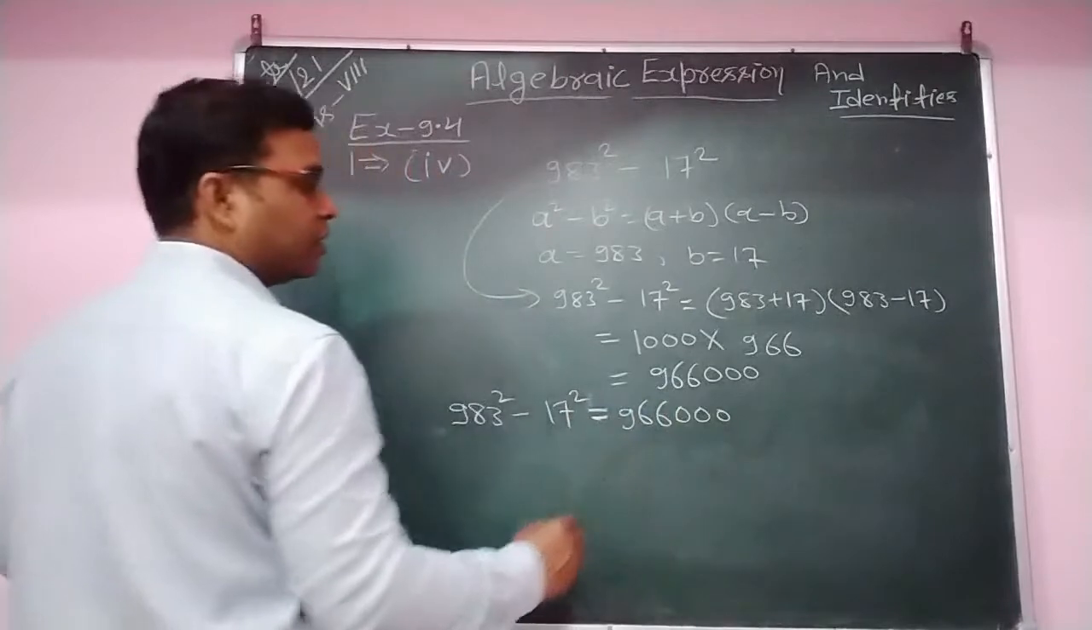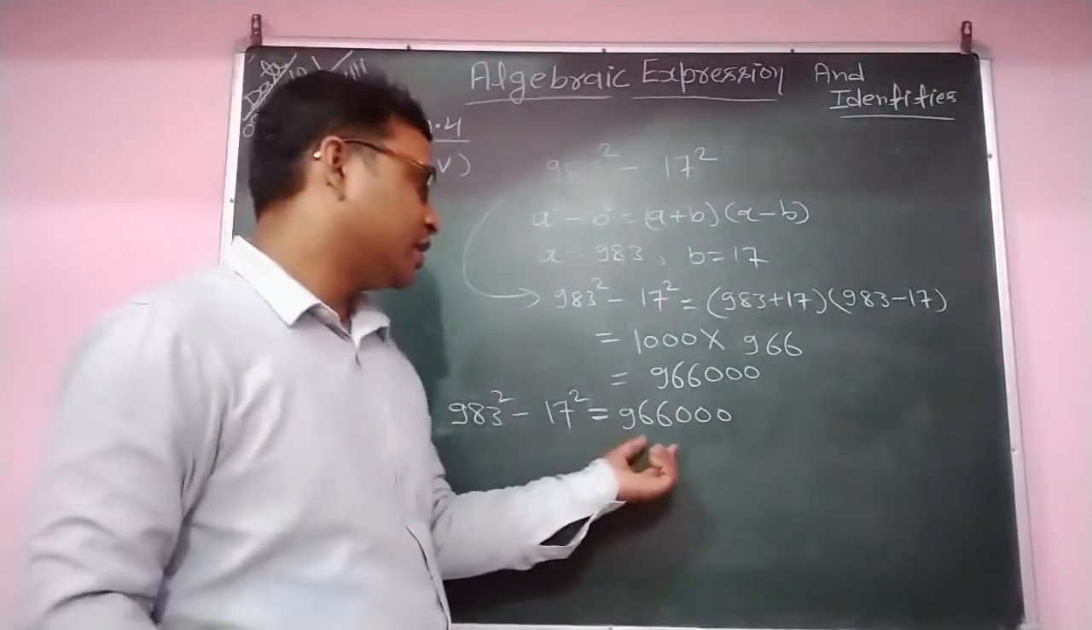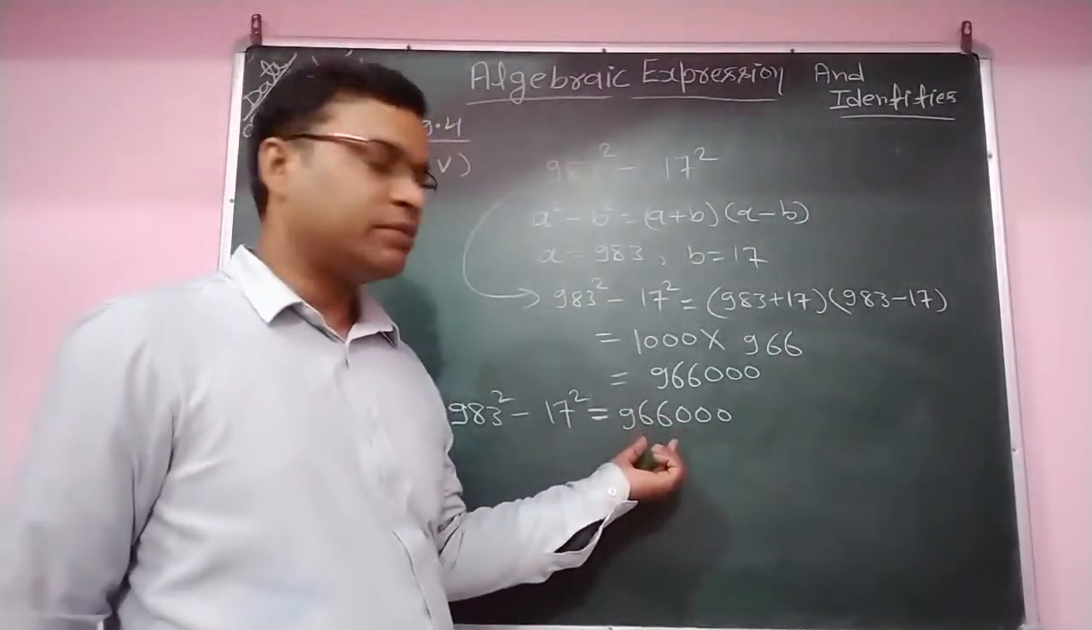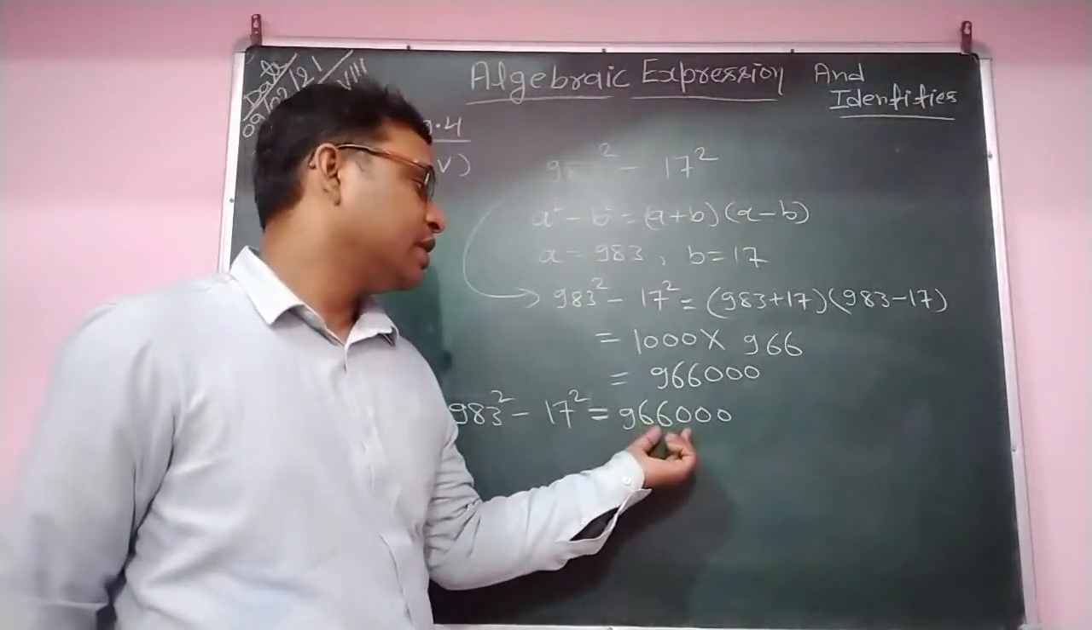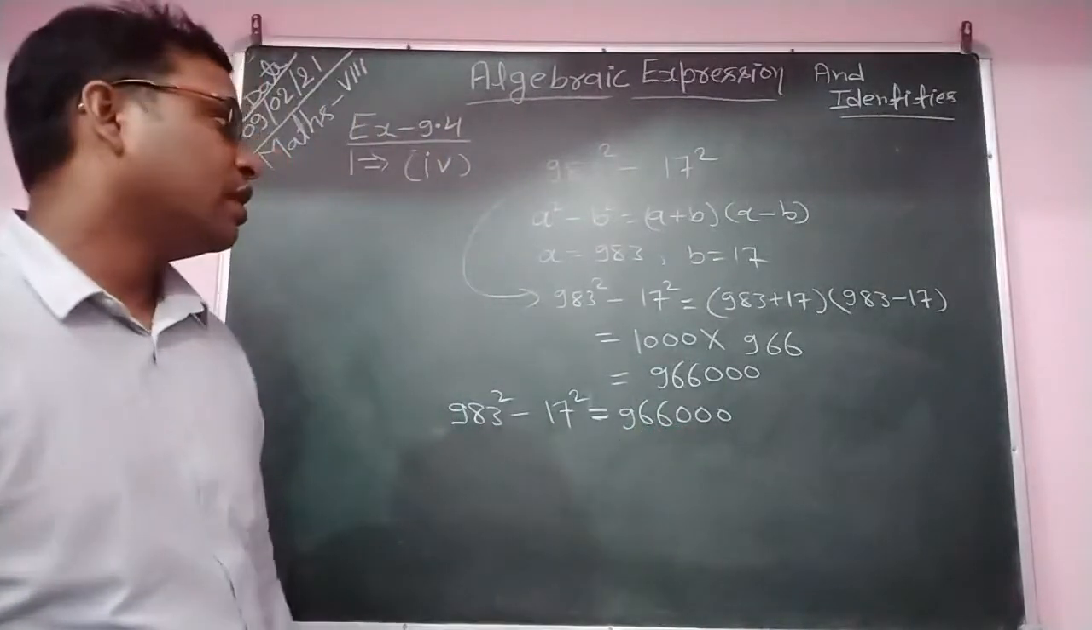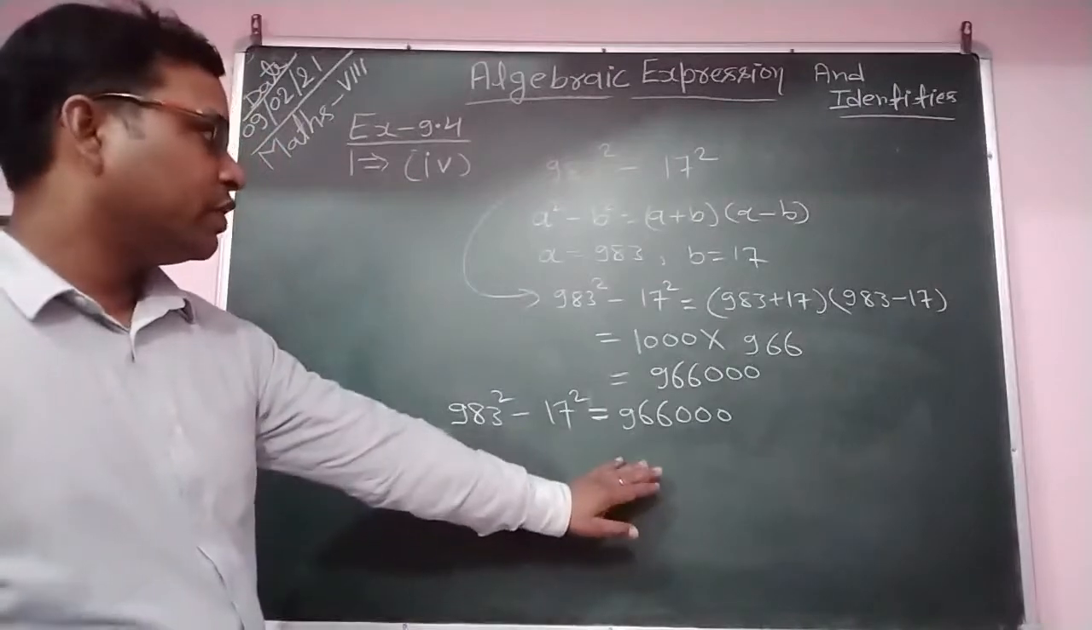Sorry, this becomes 9,66,000. Okay, this becomes 9,66,000. This is clear, students. I hope all of you understood these questions. Now